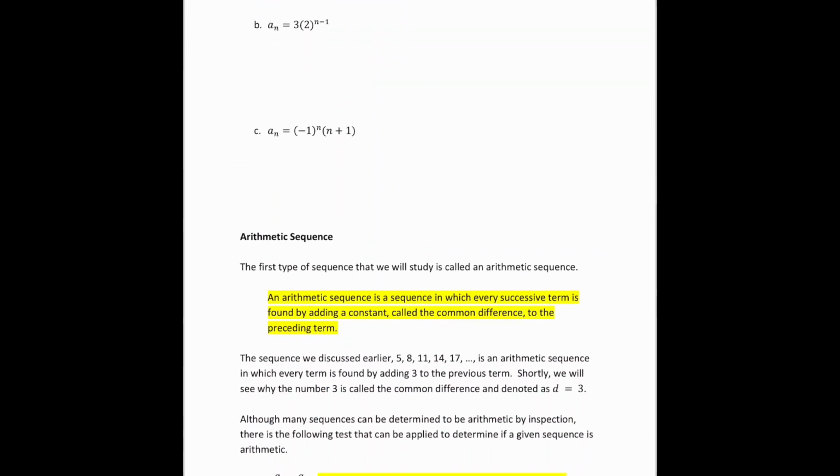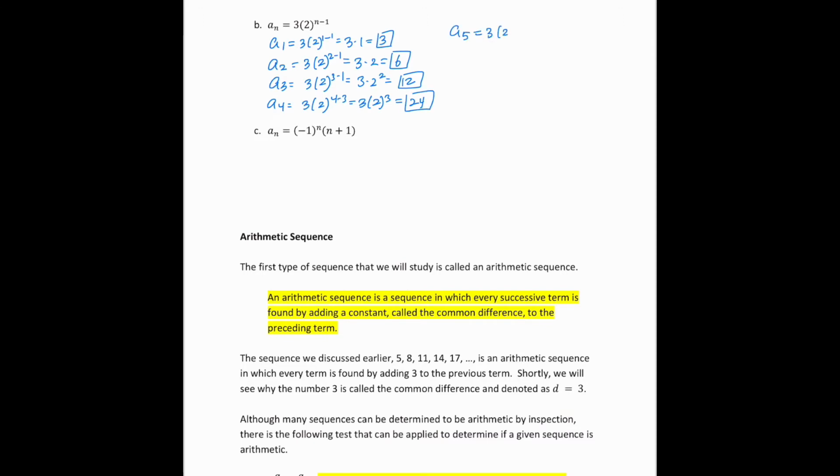Now example 2, same thing. a sub 1, 3 times 2 to the 1 minus 1, which is 3 times 2 to the 0 power, which is 1, so 3. And a sub 2, which is 3 times 2 to the 2 minus 1, so 3 times 2, which is 6. a sub 3, 3 times 2 to the 3 minus 1, 3 times 2 squared, 4, 12. a sub 4, 3 times 2 to the 4 minus 1, which is 3 times 2 cubed, which is 8, 24. And then a sub 5, which is 3 times 2 to the 5 minus 1, 3 times 2 to the 4th, 16,